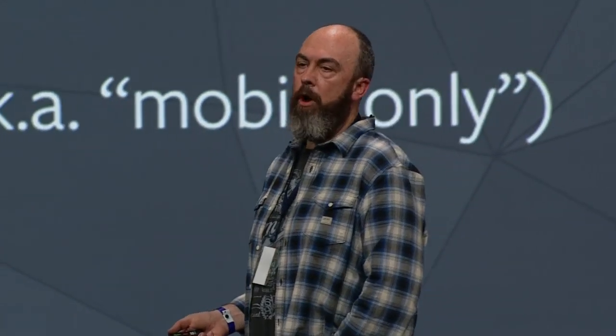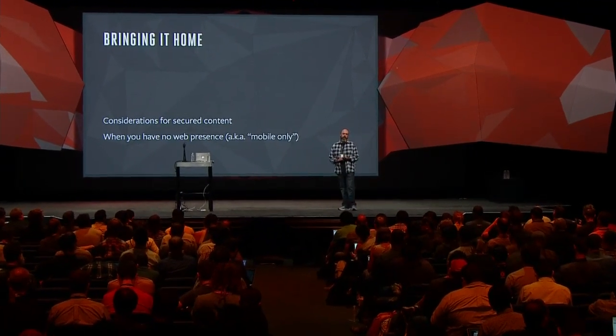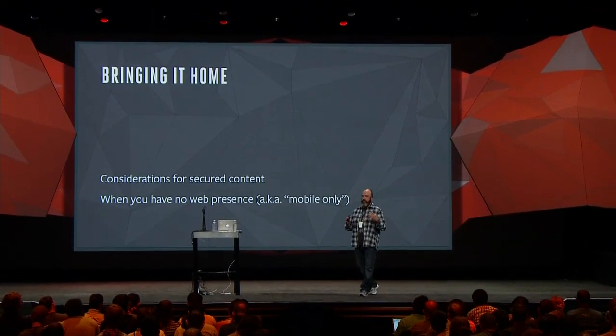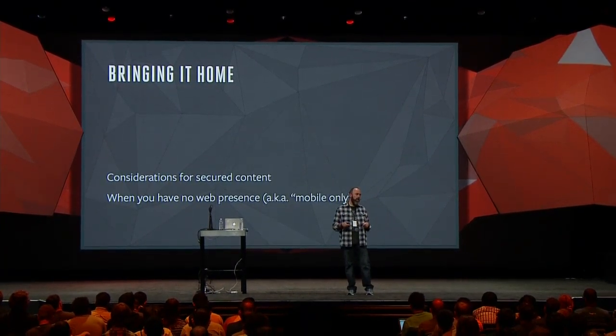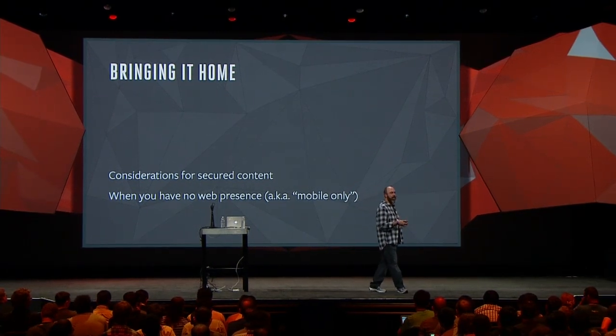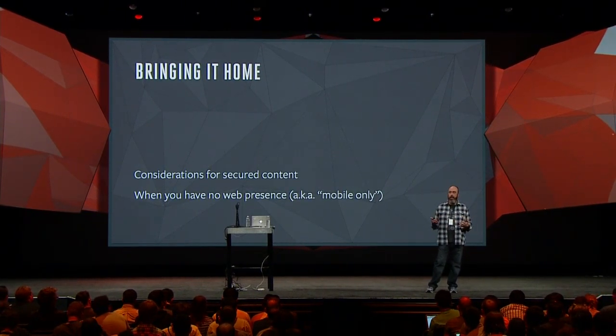If your application is mobile only, as I mentioned before, we have you covered to keep you from having to build out a website just to support AppLinks, but there are also a couple of other considerations to keep in mind. Web apps are naturally addressable, and people understand copying and pasting URLs from browsers. When you're using a native application, there is no equivalent idiom, and so it's useful to add a share out button or something else that will allow you to copy URLs to clipboards and also do higher level structured sharing in order to get the address to your content out of the application so that others can use it, tap on it, and link back into your application.